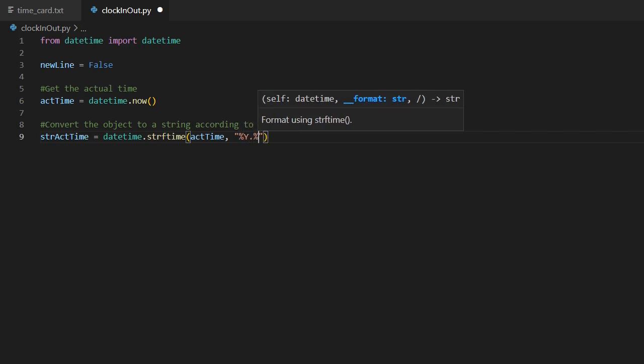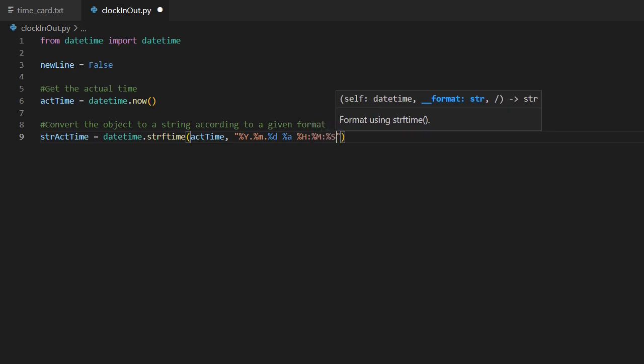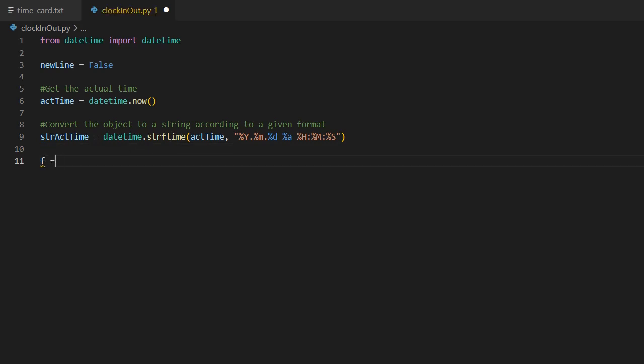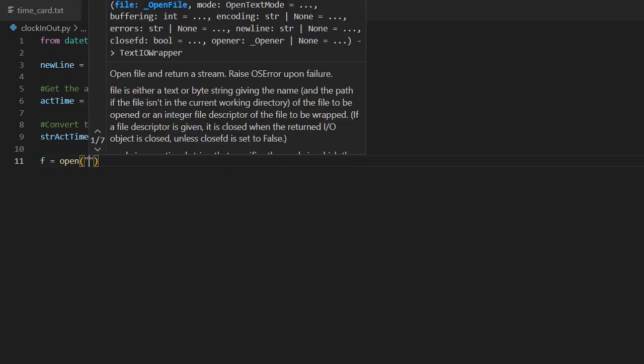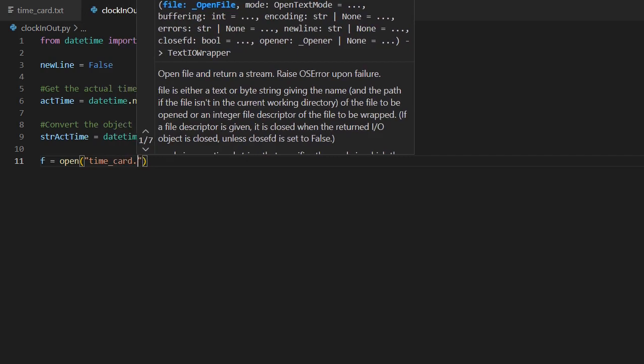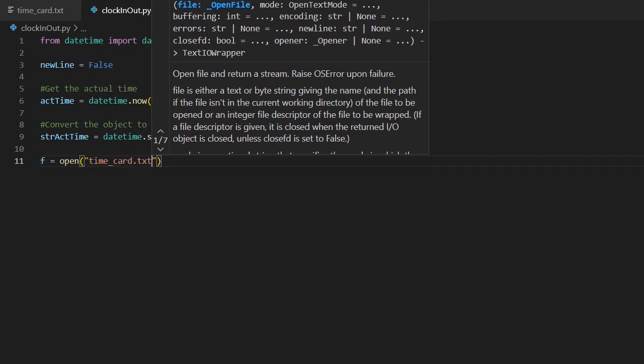I will use year, month, day, and then hour, minute, and seconds. Then I open the file. I can only use the name of the file because it's located in the same folder as my script,